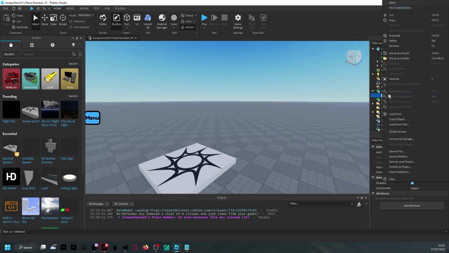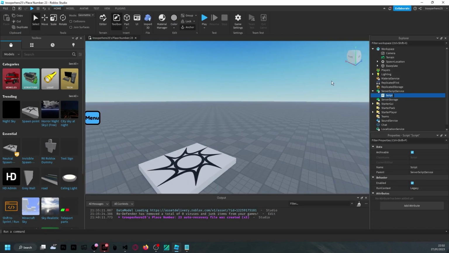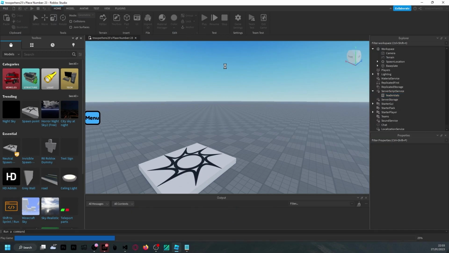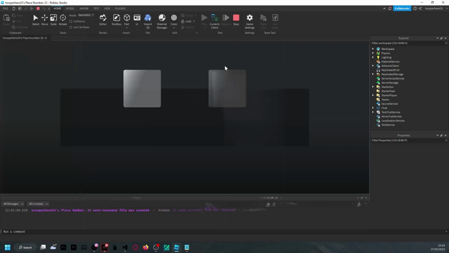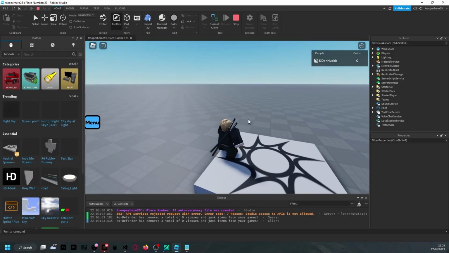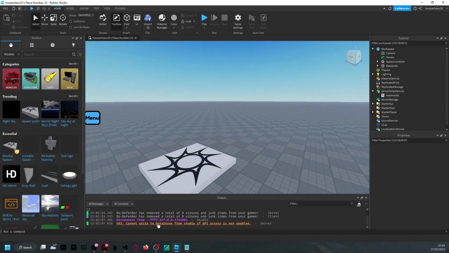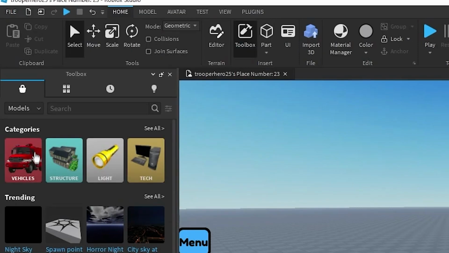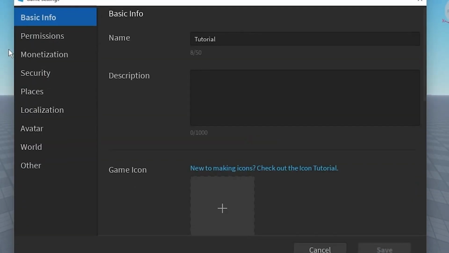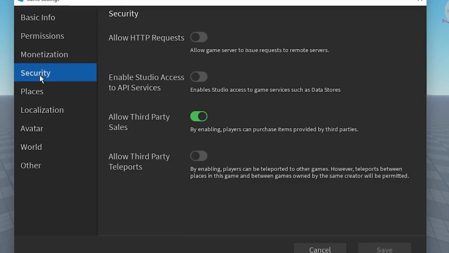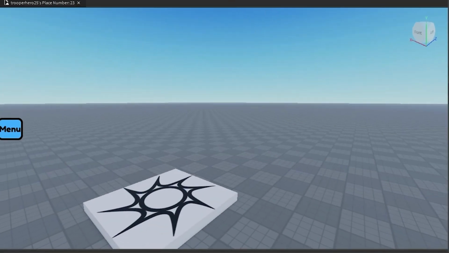Now if you want, you can actually rename the script to whatever you want. So let's call this leaderstats. Okay, once you call it leaderstats, we should be able to click play. Oh yeah, and also I forgot to do this, but one last thing. The reason why this error is actually coming up, we need to go to File, Game Settings and then click Security, and we need to allow Studio access to API services. Click save, and now when we click play,